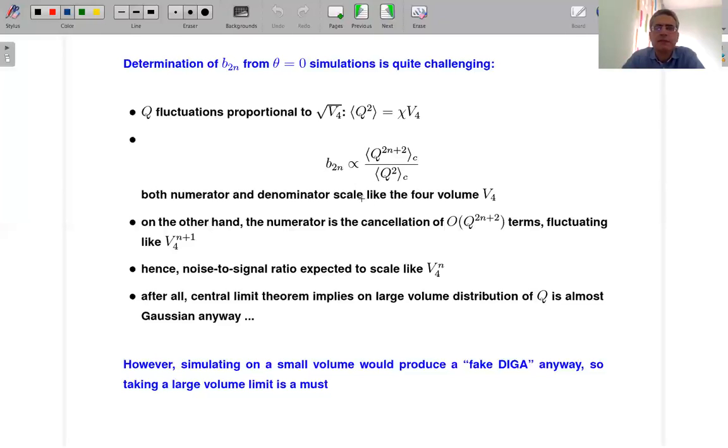On the other hand, when you define these coefficients B2N, you can prove, we checked that last week, that these B2N coefficients are proportional, times some finite factor, to the ratios of the cumulants of the topological charge distribution. Now these cumulants are combinations of expectation values of some powers of Q. For instance, the B2 itself, the first one, is